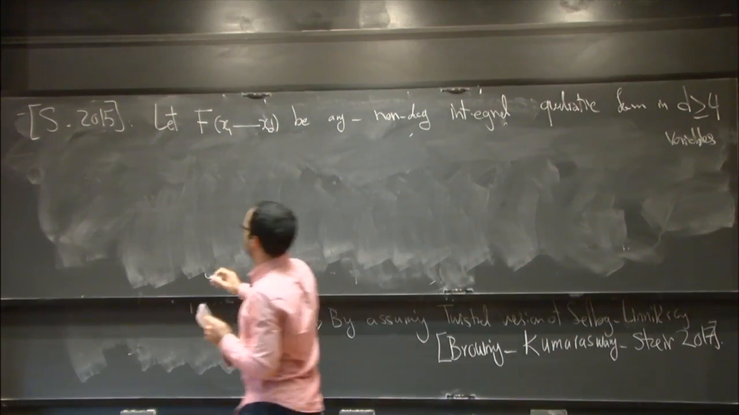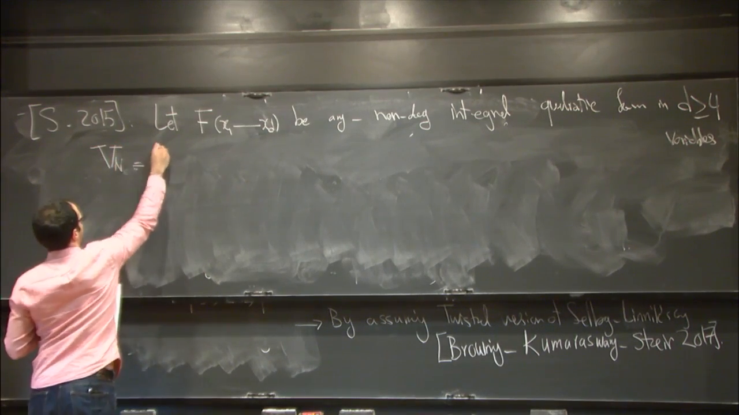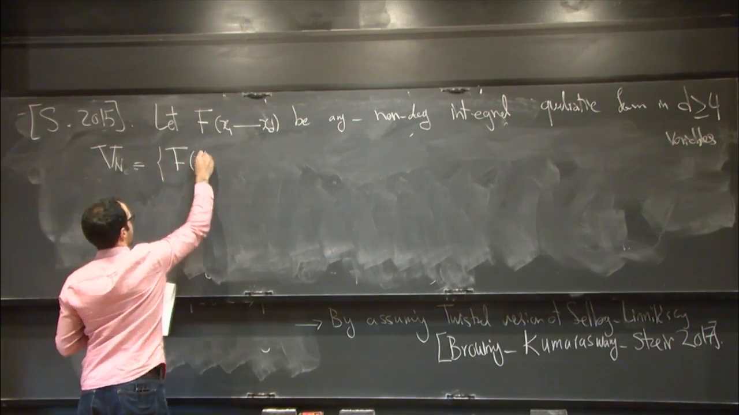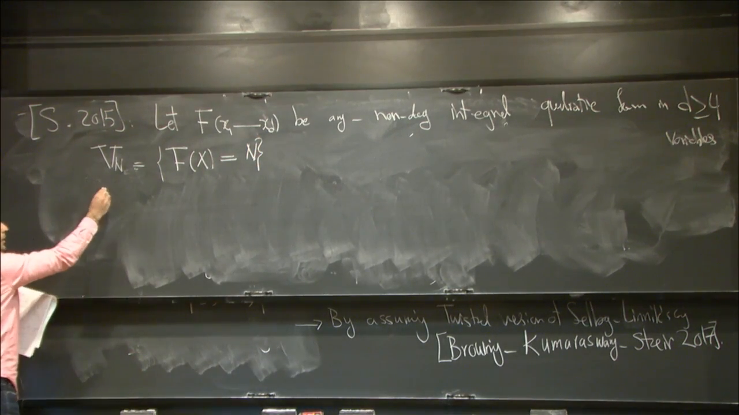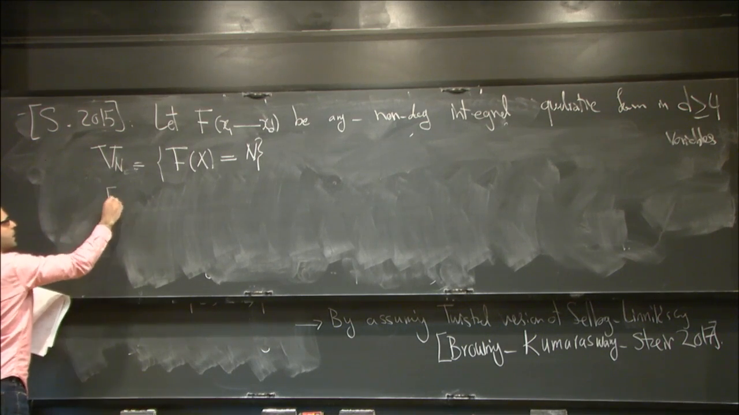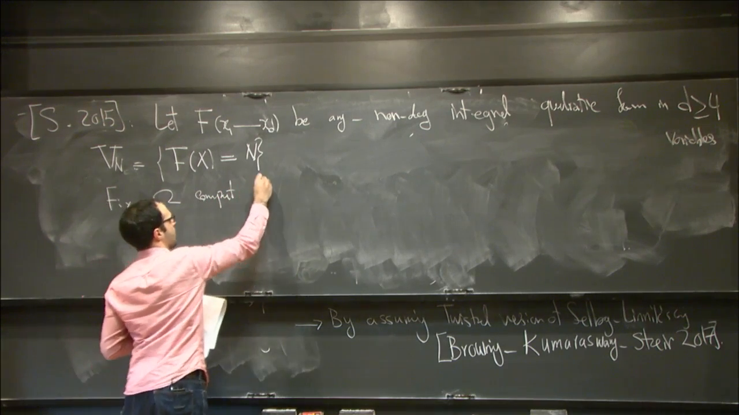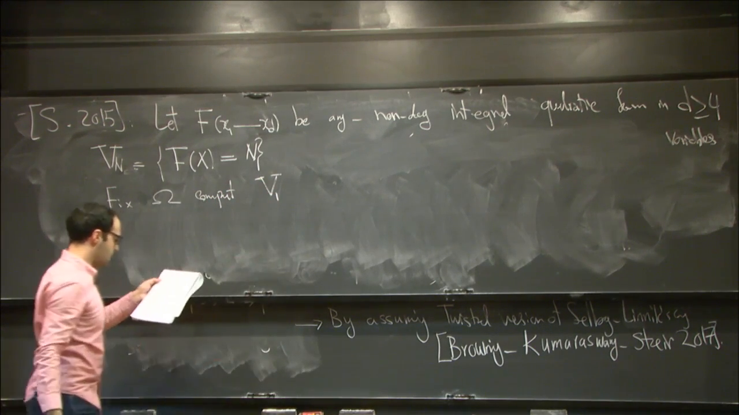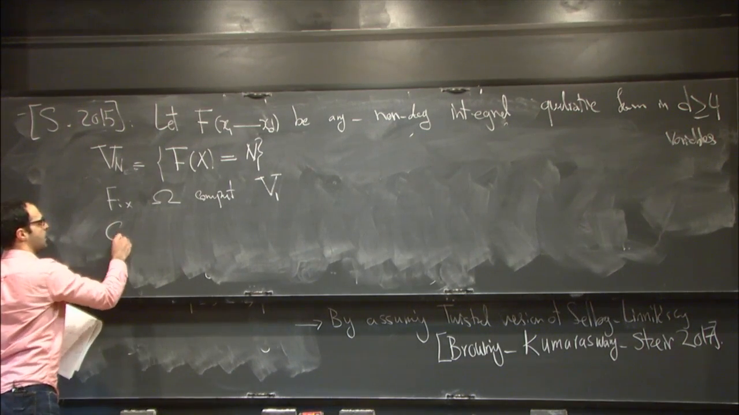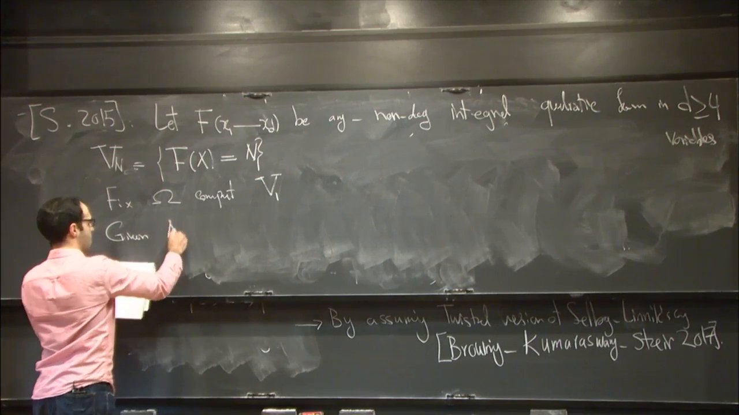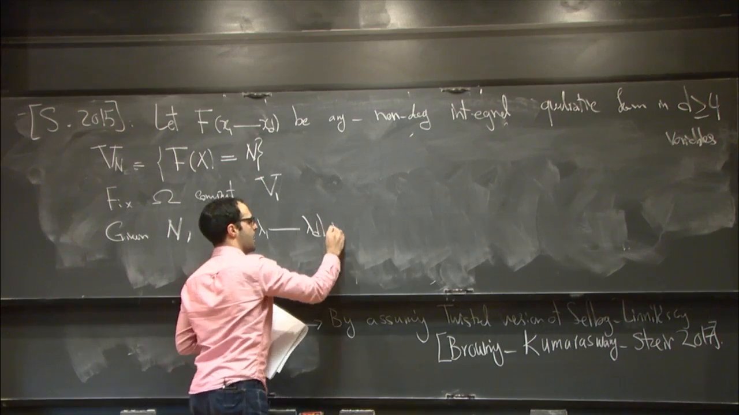So let's set some notation. Let Vn be the quadric given by setting f of x to be n. If your quadratic form is indefinite, then fix omega, a compact subset of V1, the quadric at level 1. And then what are the data? Given n, m, lambda 1 to lambda d mod m,